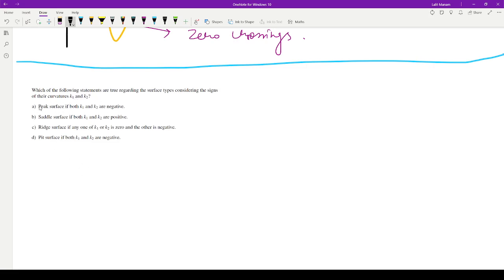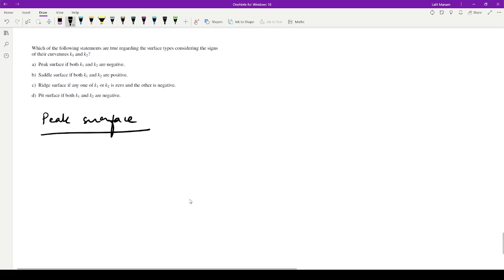Okay. The following statements are true regarding the surface types considering the signs of their curvatures K1 and K2. I guess now we can do some visualization, as it was quite boring out there. We'll first look at the peak surface. How does a peak surface look? It's like the peak of something, right? Yes, sir. Loosely speaking. So everything is just simple plain English out here. So based on that,